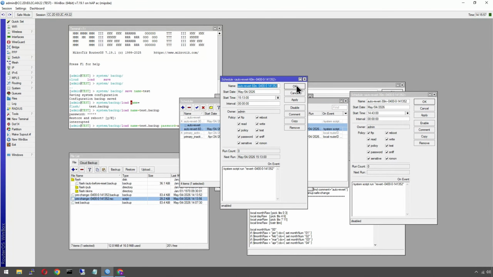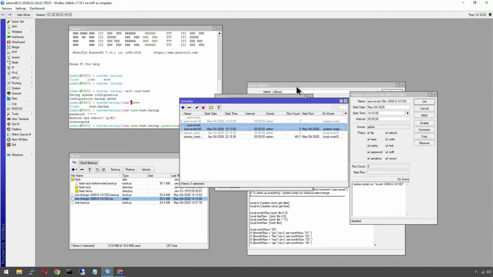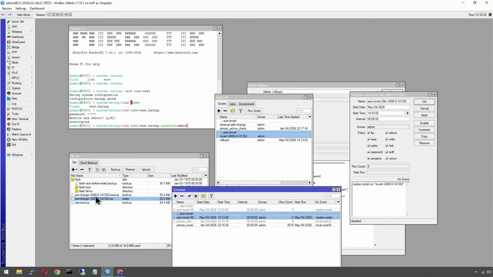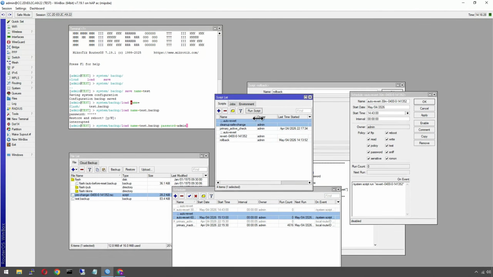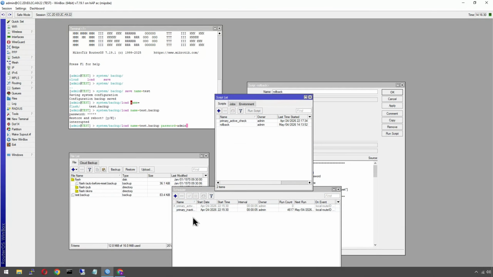Okay, simple as that. If you do find you've done a whole heap of changes, so you know that they've worked, but you still got other things you might do that could cause you to lose access, and you don't want to end up having to redo everything from the start, one way of doing it is either to cancel both of these, and then you rerun that script again, and because these are done by their timestamps, they'll just create unique ones again. Or you basically go to this clean up one, you run that script. Okay, it takes everything off,